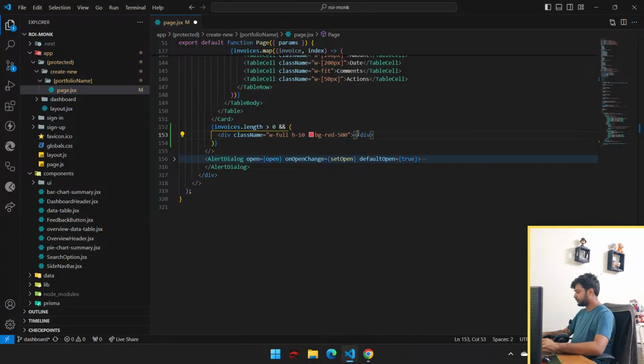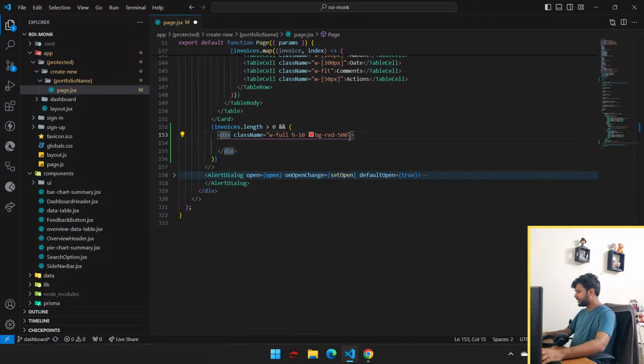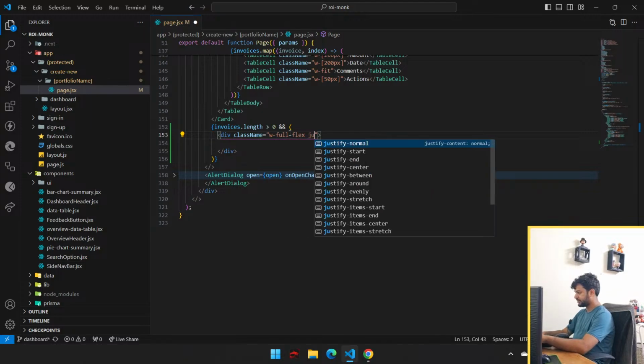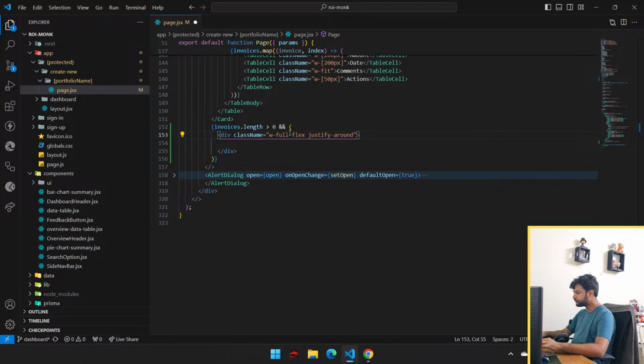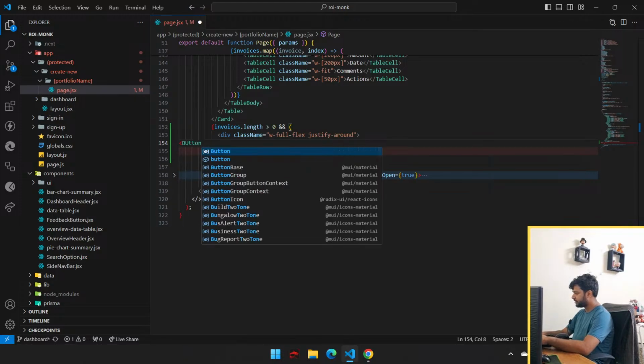So without wasting any time, let's quickly remove these two, and let's give flex justify around, and yeah, that's pretty much it. And we are gonna add button,